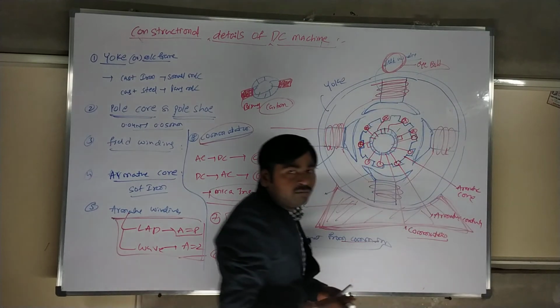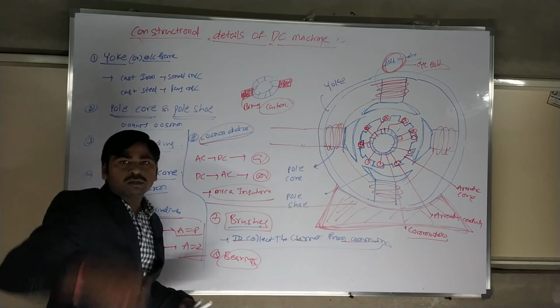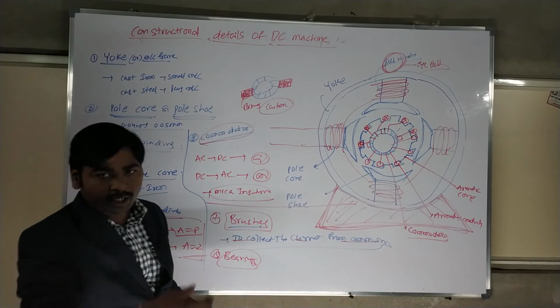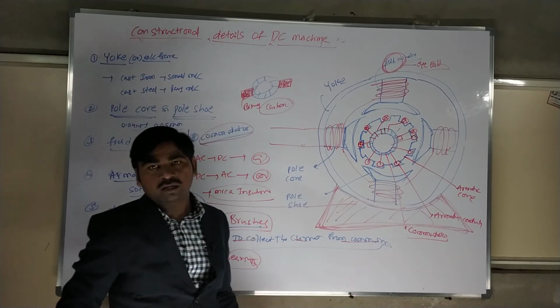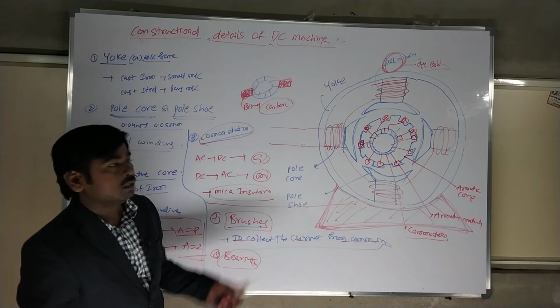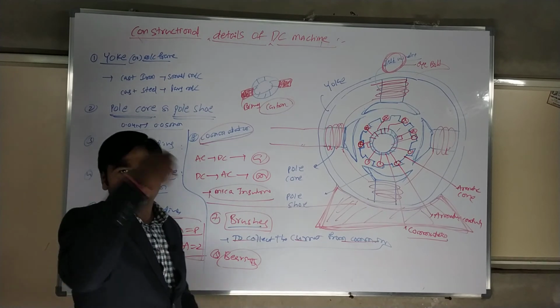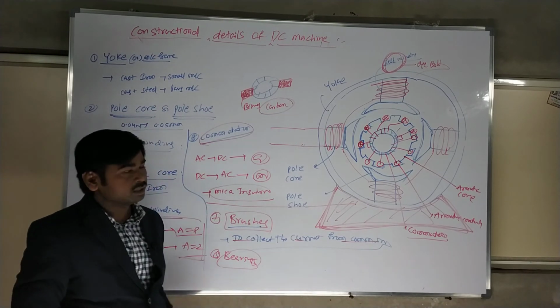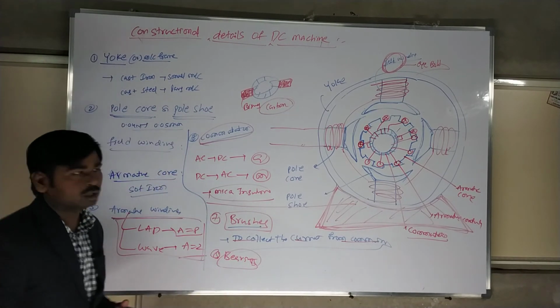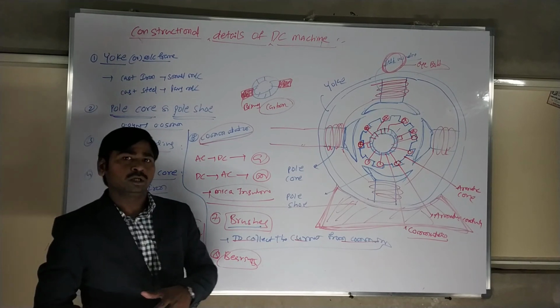The eye bolt of a machine is for lifting the machine in an easy way. At the top we have one eye bolt to lift the generator using a crane for larger machines. For smaller ones, we can also pick up the motor using threads. So the eye bolt is there. These are the major important points. We have n number of components.